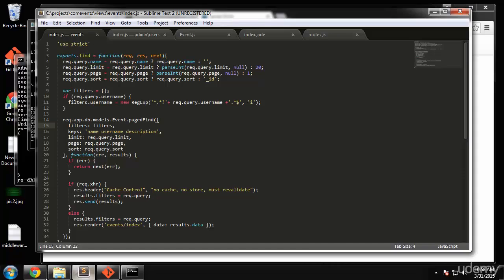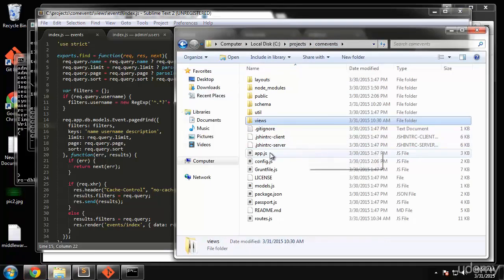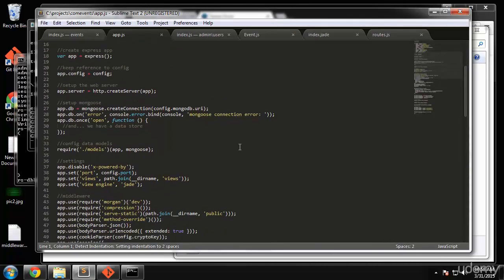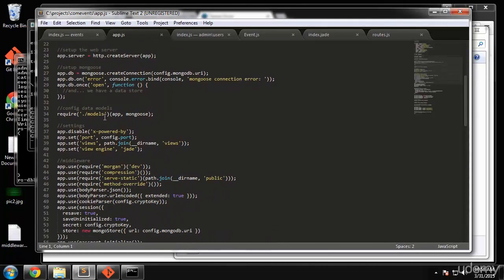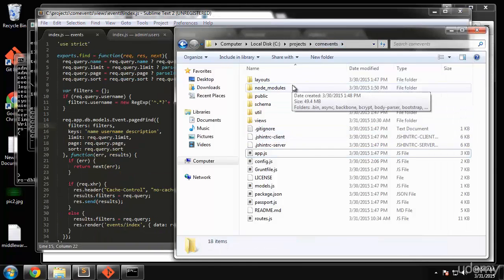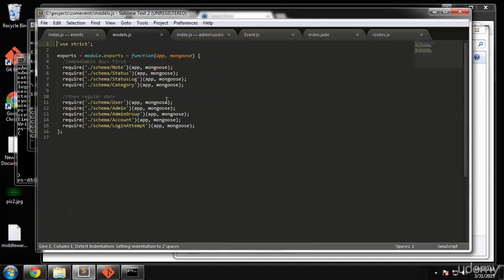So we need to go, I think, to app.js. Oh no, see, we're requiring the models folder, so we need to go there. Oh, models.js down here. Yep, we didn't add our events,